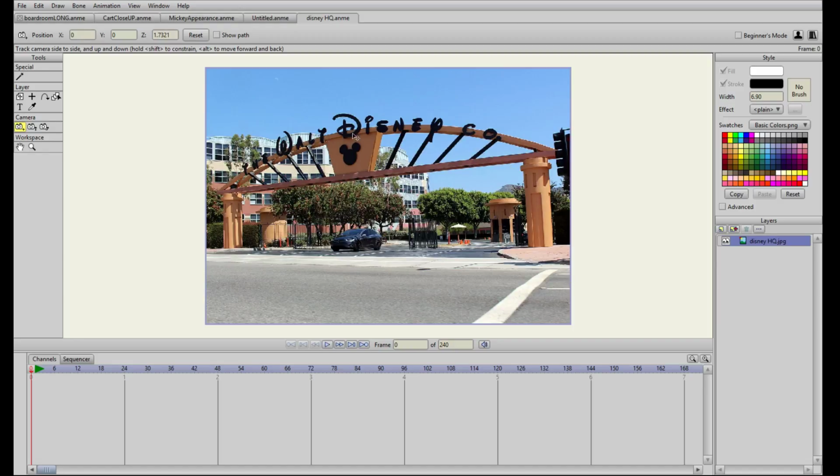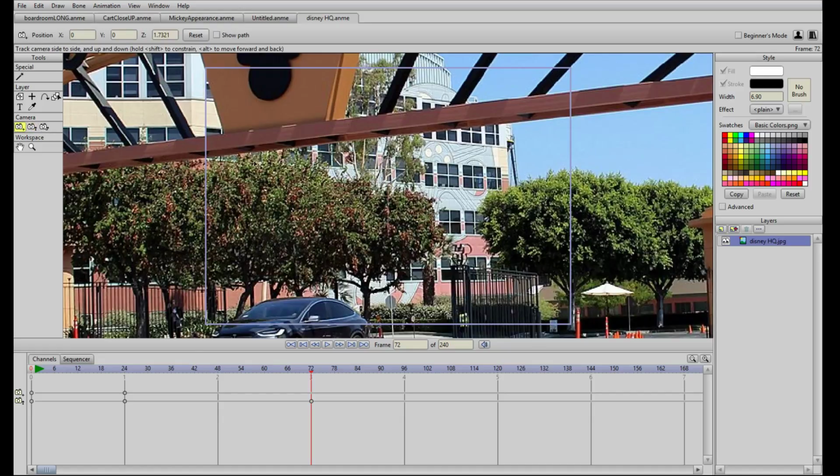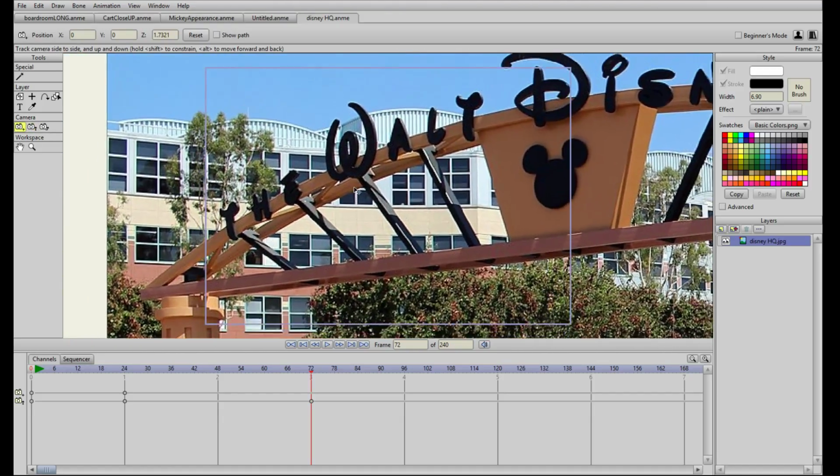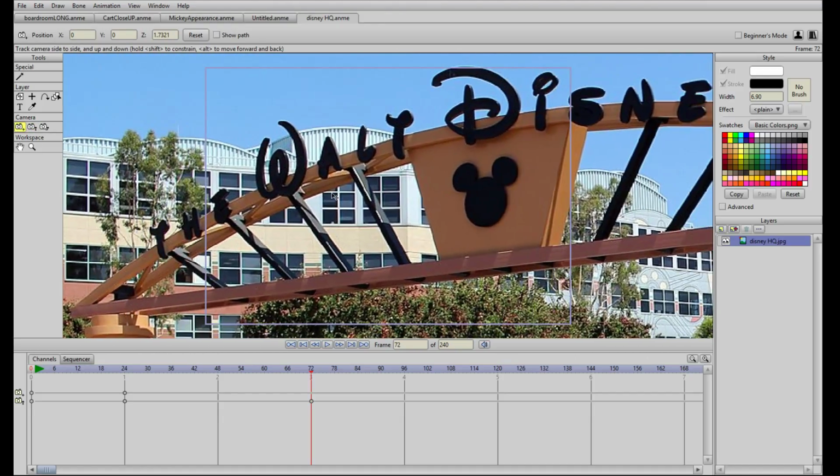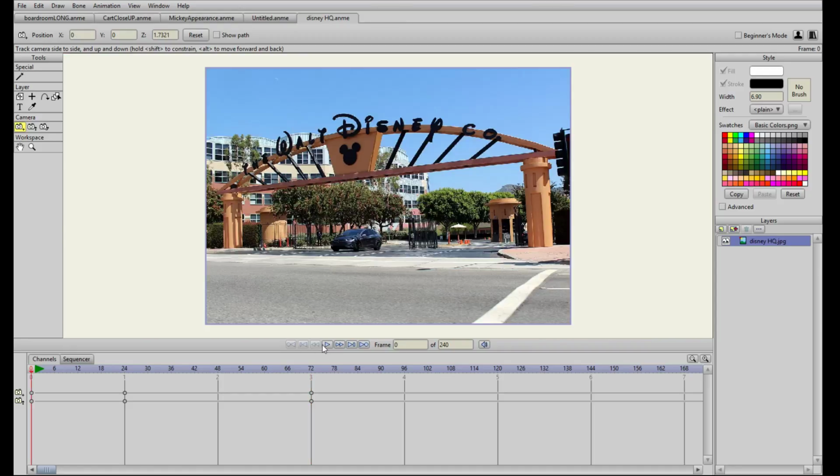We do a Walt Disney Co. thing, implying we're in Walt Disney headquarters. And then maybe we do a little zoom in here, a couple of seconds. We zoom in on like a window or something, and then as it zooms, it kind of fades.